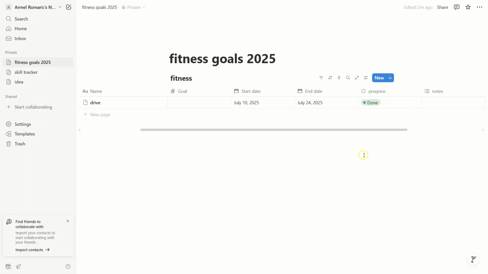And there you have it, a simple and effective way to plan and track your fitness goals in Notion. This method is all about keeping you organized and focused on achieving your